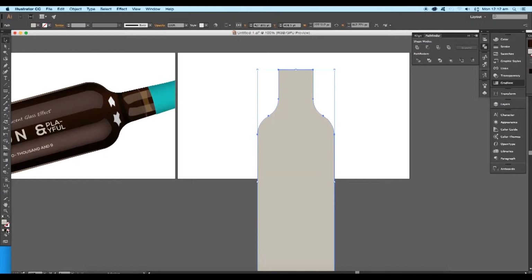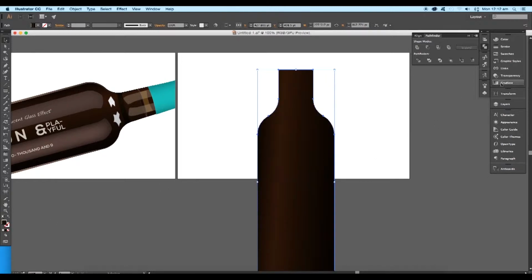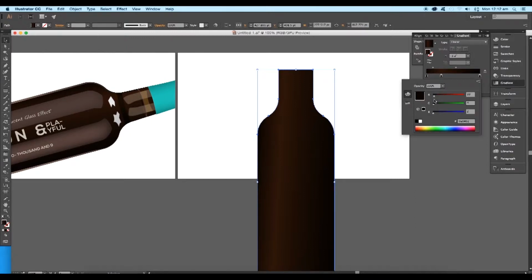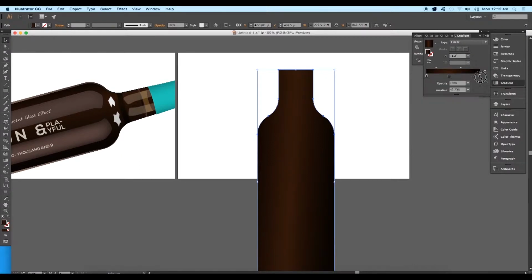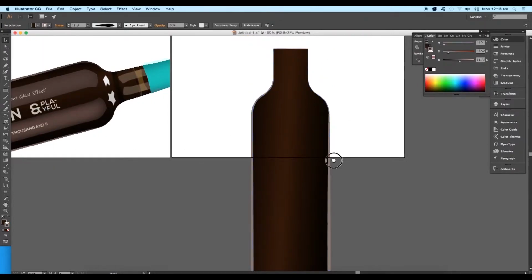Now fill the object with a gradient color. To edit the gradient color, click on this icon to open the Gradient panel. To edit the color slider, double click on it to open the attributes. Here, let's choose the HSB to adjust the brightness of the color. Go to RGB to see the color code used in the design. To adjust the second slider color, open the Attributes option and under HSB, adjust the B value. Use the color code to get the color. In the same way, open the third slider attribute, and apply the same color used in our first slider.